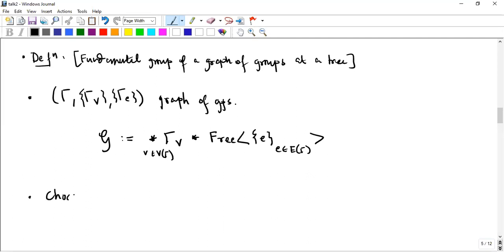Now if you choose a tree, choose a maximal tree T of gamma, then there is a natural subgroup, script H, which is hard to write, which is generated by, let's see,